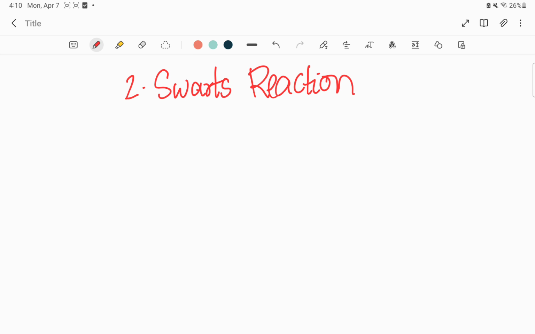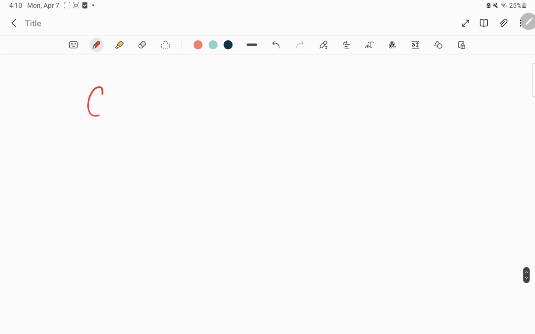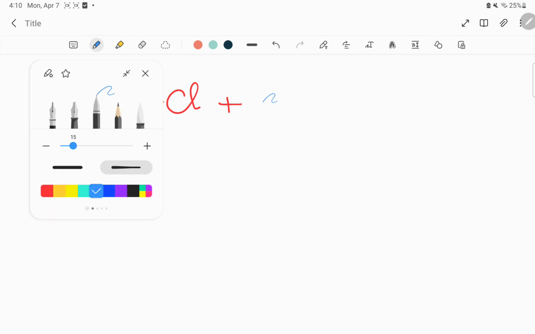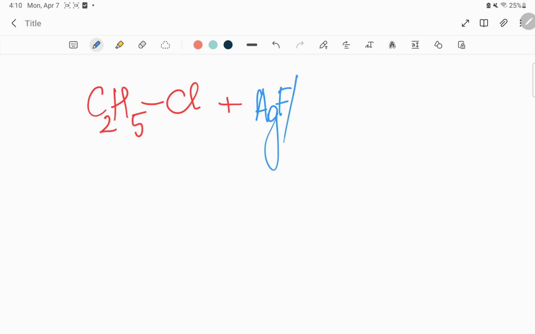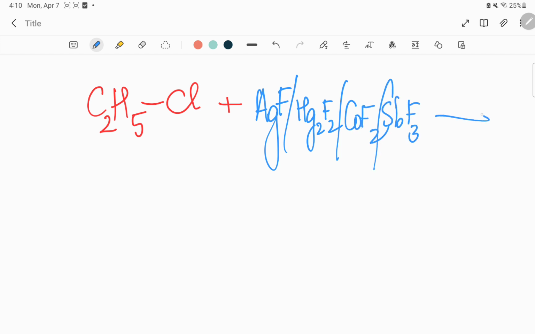So the metal can be silver, it can be antimony, it can be cobalt, or it can even be mercury. So from these metallic fluorides, you will be able to convert chloroalkane or bromoalkane to fluoroalkane. So let me take the example of ethyl chloride or chloroethane. So if I'm adding any metallic fluoride like AgF or Hg2F2 or CoF2 or SbF3, then you will be able